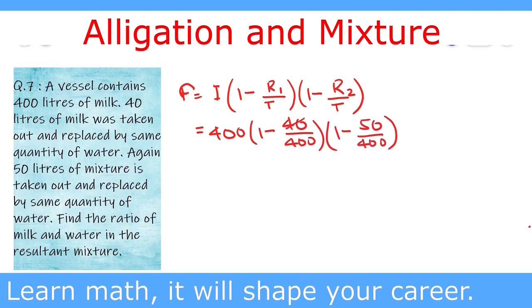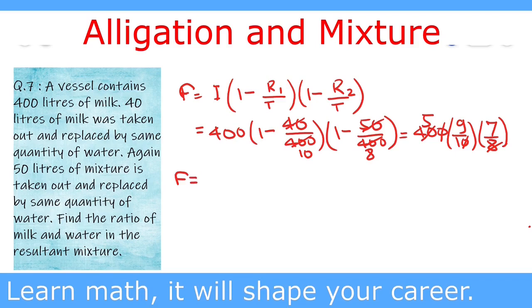Now we solve it. 40 goes into 400 ten times and 50 goes into 400 eight times. So this gives us 400 multiplied by 1 minus 1 upon 10, which is 9 upon 10, and 1 minus 1 upon 8 gives us 7 upon 8. This 0 of 10 cancels 0 of 400, and 8 divides 40 five times. So the final quantity of milk in the resultant mixture is 5 multiplied by 9 multiplied by 7, that is 63